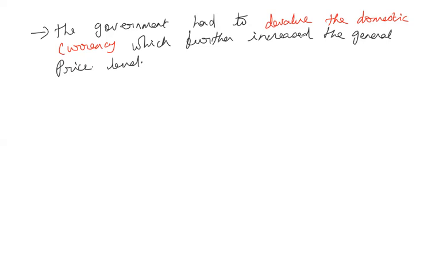Normally, no government will devalue the domestic currency. It is only a last resort. If no other measure is working, only then would governments devalue the domestic currency against the foreign currency. At this point of time, India had no other option because of a severe foreign exchange crisis. India had to do something to increase exports and decrease imports. So the government had to devalue the domestic currency, but the problem is it further accentuated the general price level. These were all the severe symptoms of the economic crisis faced by our country during the late 1980s.